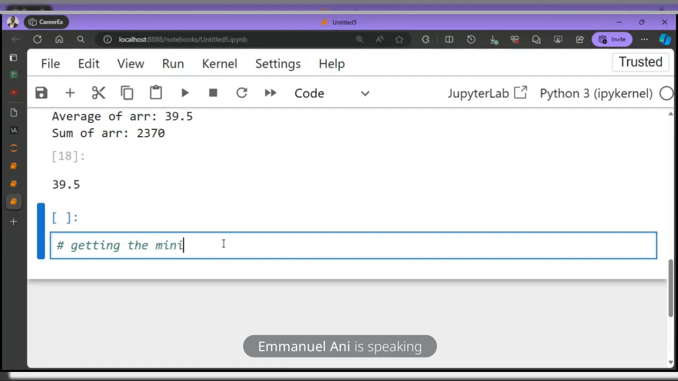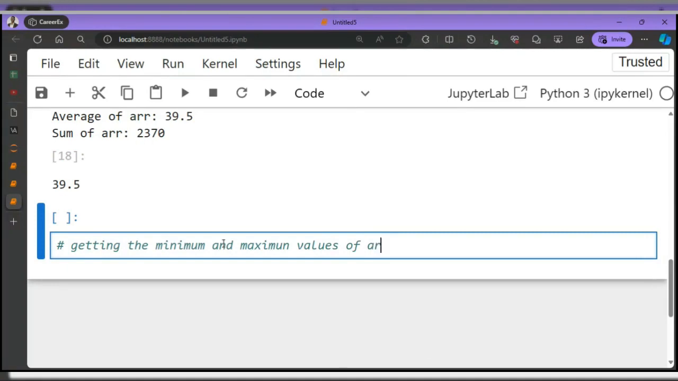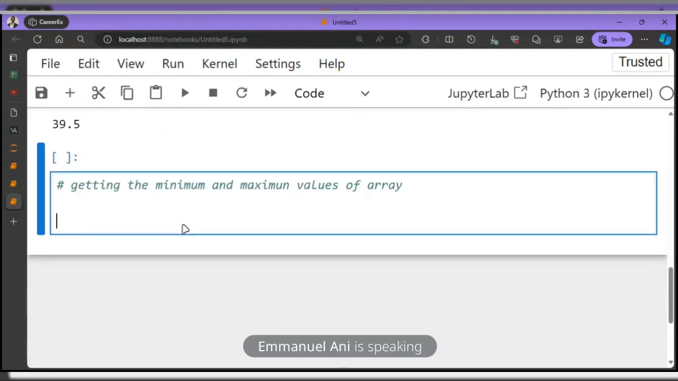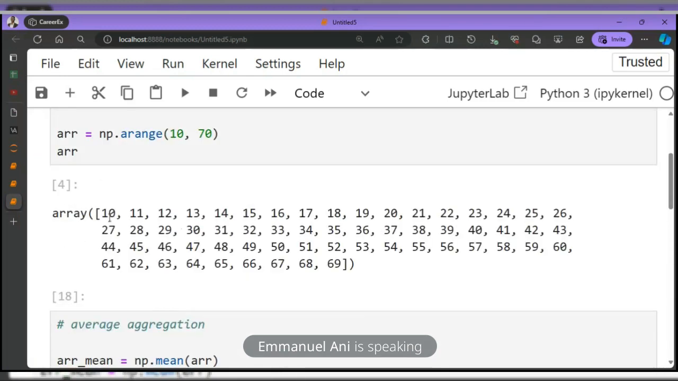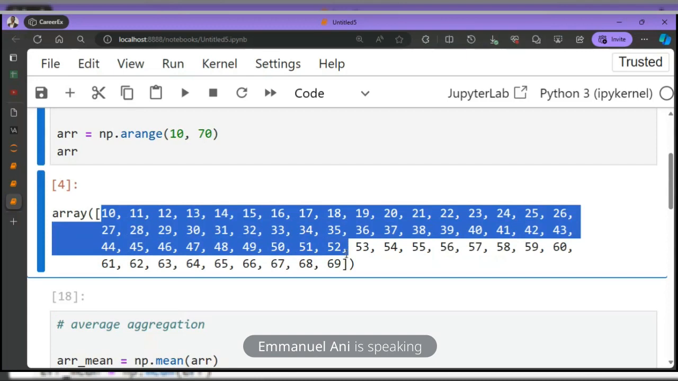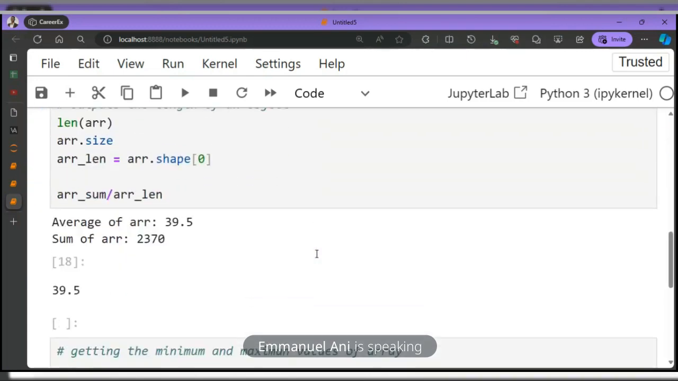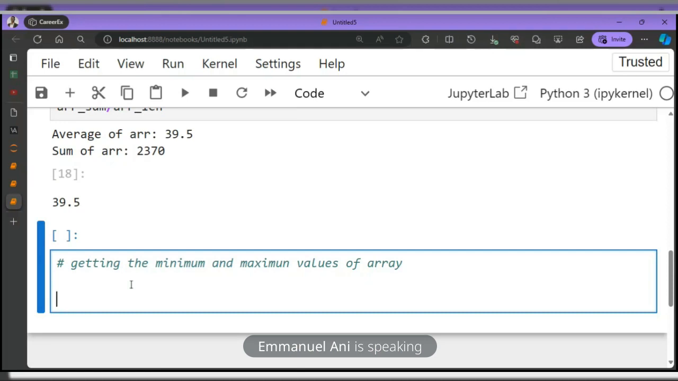the minimum and maximum values of our array. So let's assume what you want to do now. You have a list of data, your student scores, and you want to know what the lowest score is, right? Instead of manually going through all of them one by one, you can easily just use the NumPy aggregation function,